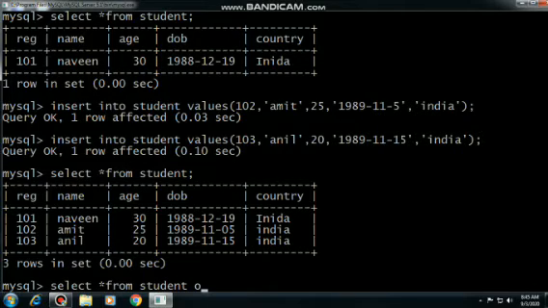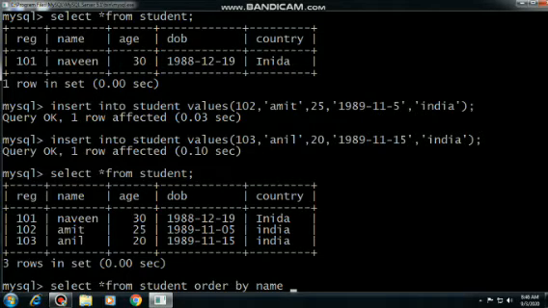Now you have to write order by name, meaning the column by which you want to apply ascending or descending order. You have to write that column here. So order by name. By default, if we are not applying ascending or descending order, it will show your result in ascending order.